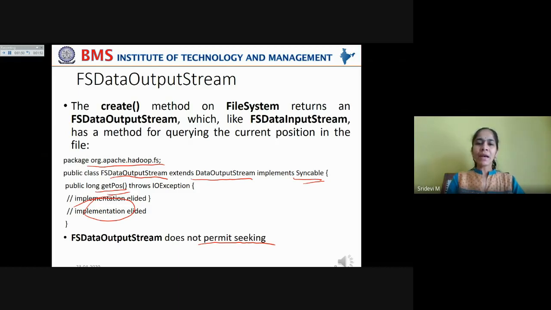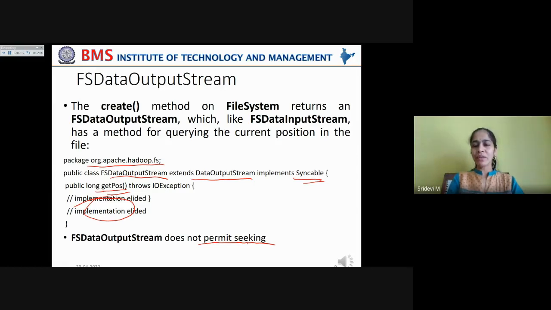While reading, you can randomly fetch data from whatever location you want in the file. But in FSDataOutputStream, you can't seek to a random position and start writing to the file. You have to write the files only in sequential order. That is why FSDataOutputStream doesn't support the seek method.